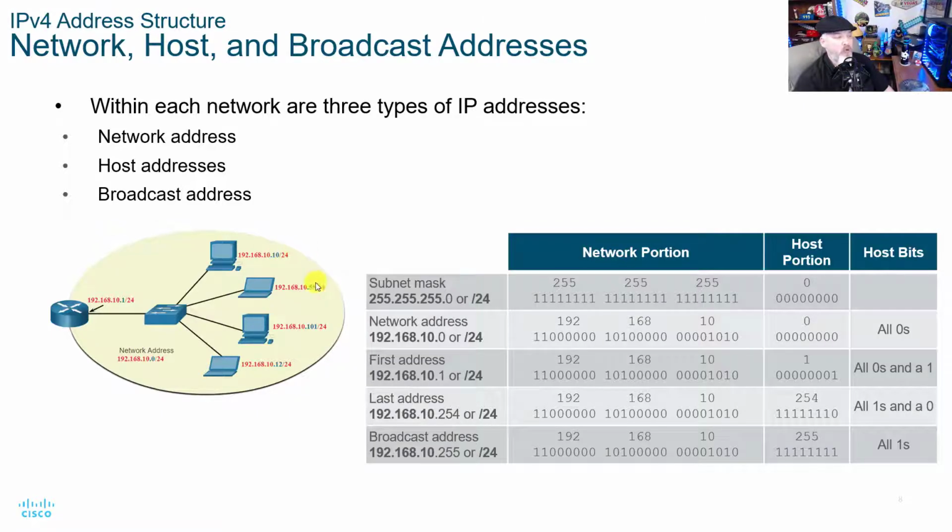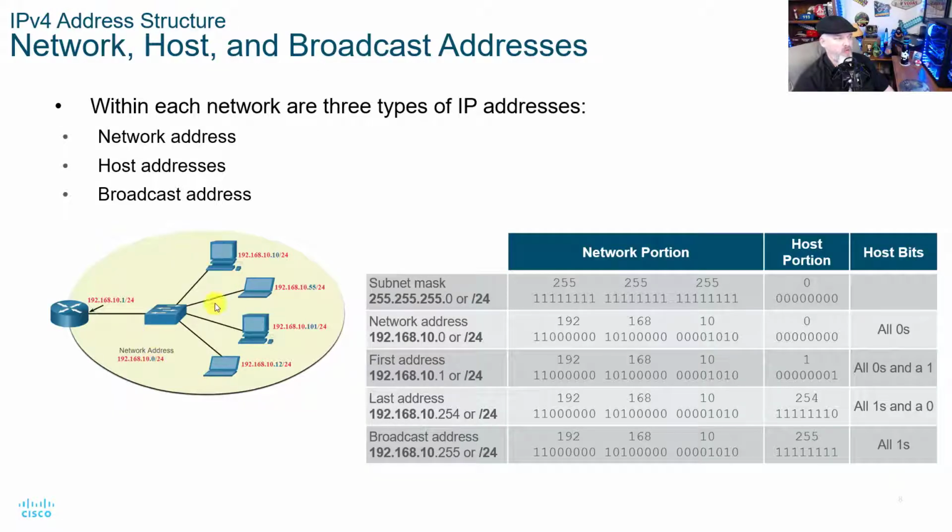Those host numbers are all within the same network range, so they can all see each other inside this local area network. And this is a little bit different graphical representation of it here, where we have the subnet mask, the network portion, the host portion. They're all zeros and ones, and then this pulls it out. So we have our network ID. That's our network address.